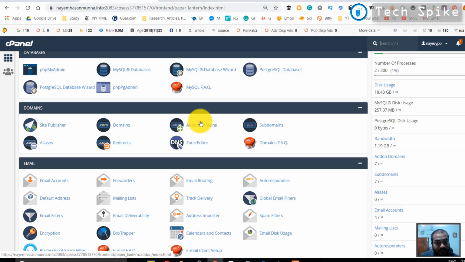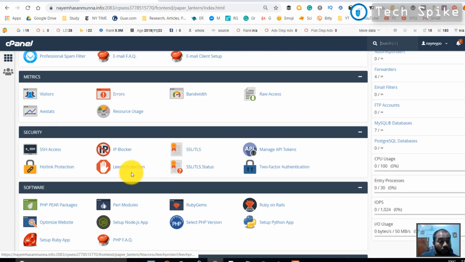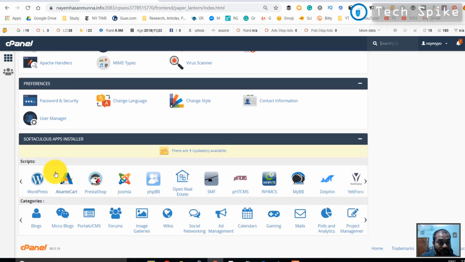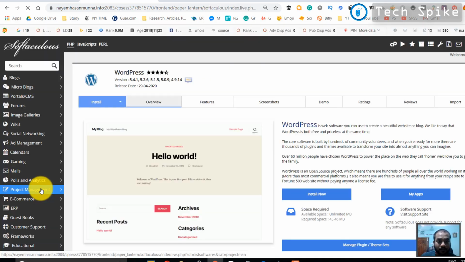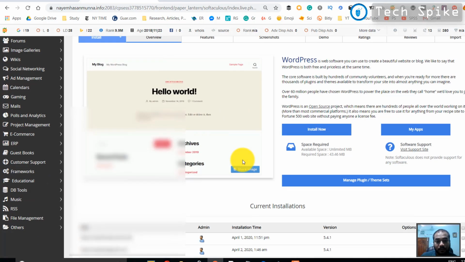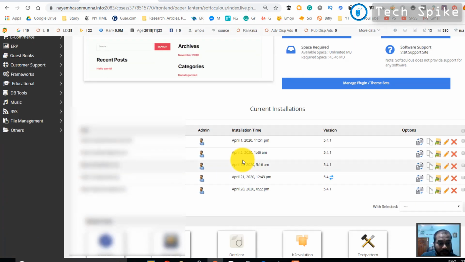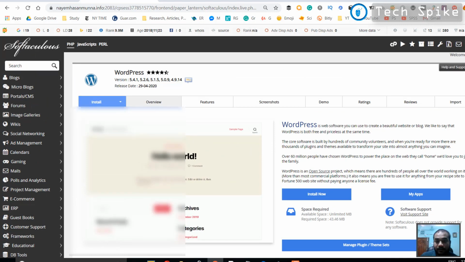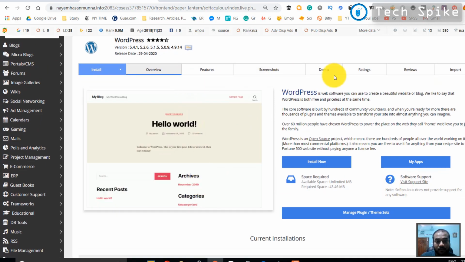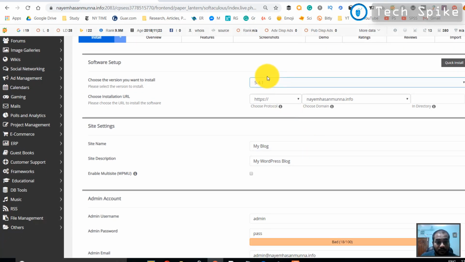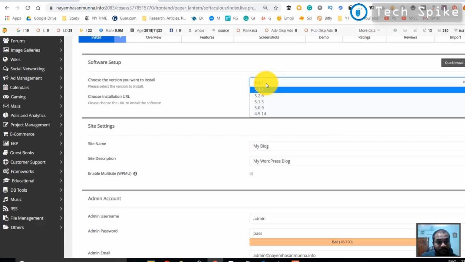Right now we will install our WordPress CMS. Click on WordPress. And then the WordPress dashboard will appear, from where you can install your very first WordPress software. Click on install now. Here is the version of the software,